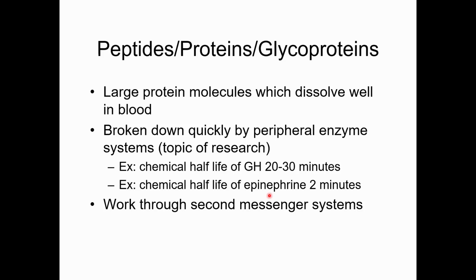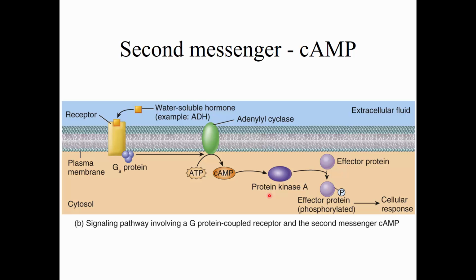When they bind to their cells, they tend to work through a second messenger system. So for example, this is cyclic AMP. So we'll have a hormone, could be ADH, antidiuretic hormone, binds to the receptor. The receptor is aligned with a heterotrimeric G protein. Binding activates the G protein, and the G protein